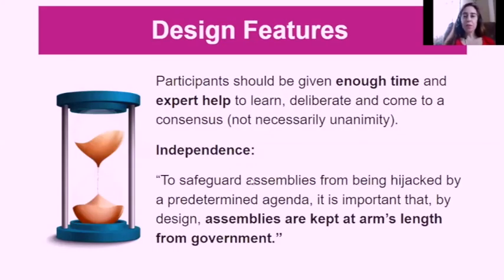So another few things that are important is that participants in a citizens assembly are given expert help when they're learning and deliberating. So they're not an expert group, but they have access to experts. And usually there's an advisory panel who will determine who are the best experts for them to hear from. But the Citizens Assembly can call those experts back, and they can request different experts. So basically they're largely in charge of their own process to make sure that they know everything that they want and need to know before making a decision.